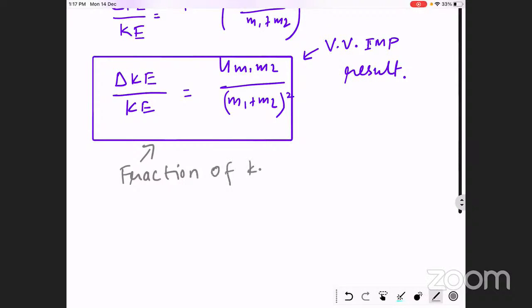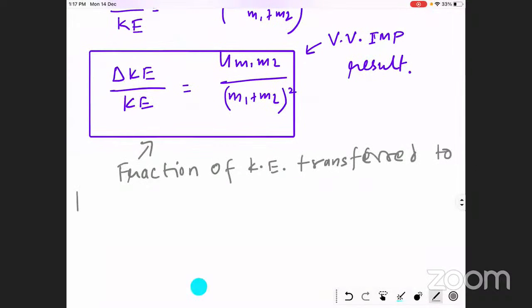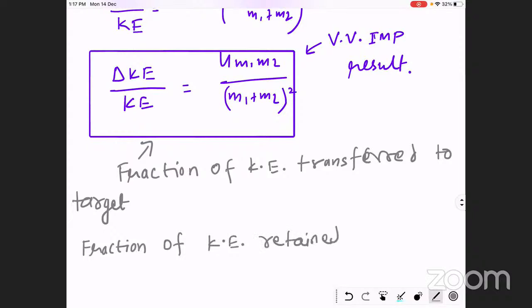Fraction of kinetic energy transferred to the target. But मैं क्या पूछूंगा? बताओ जल्दी. I will ask the fraction of kinetic energy retained, because I want to make it tough. So I will ask the fraction of kinetic energy retained by m1. तो भैया